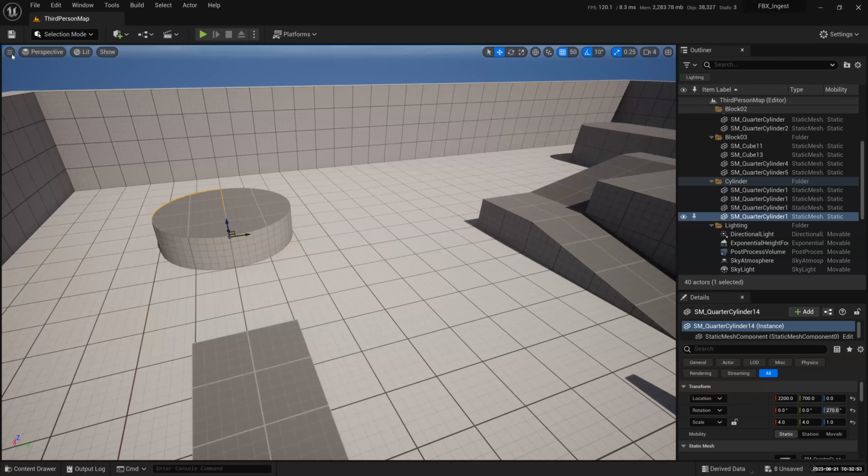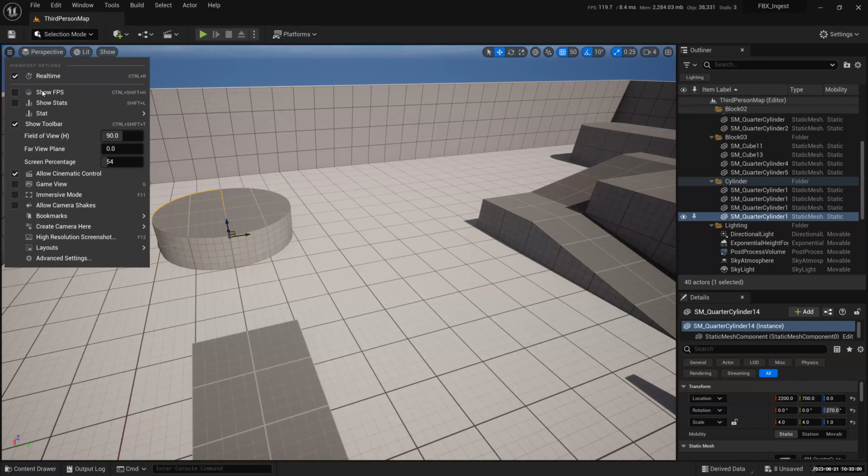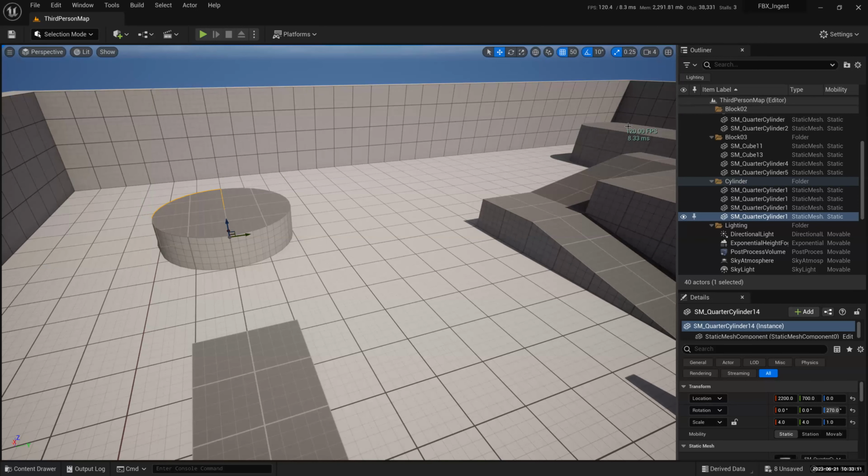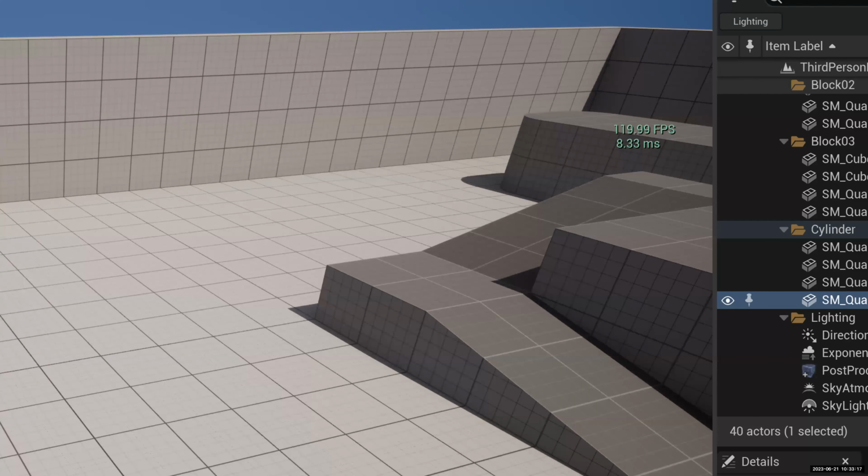Number one, you can go to this hamburger menu here on the left-hand side of the viewport. Okay. I do not know what's the technical term for this one. It's probably called a viewport menu. Yeah. Let's call it a viewport menu. I like to call it a hamburger menu. Click on it, and then you can see show FPS. Okay, show FPS. And then you can see your FPS sitting here. There you go. That's the FPS.